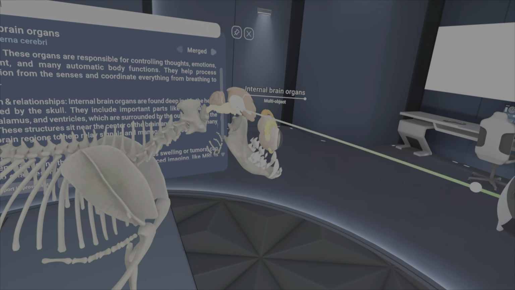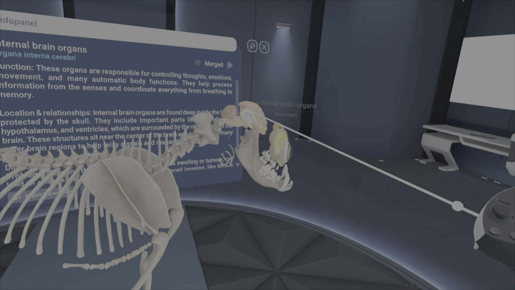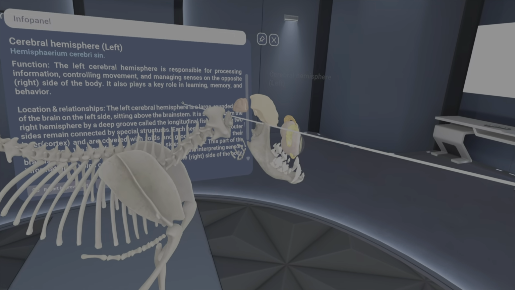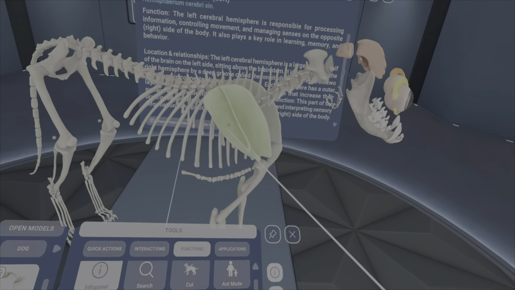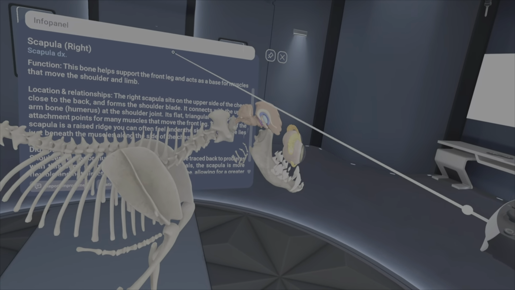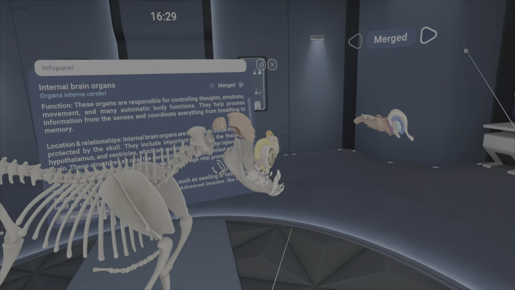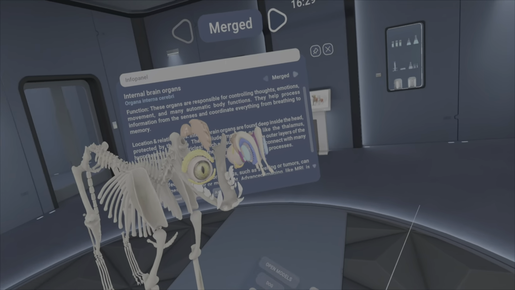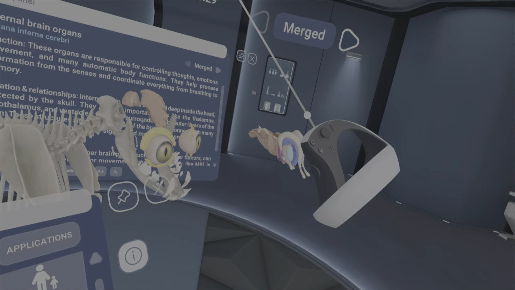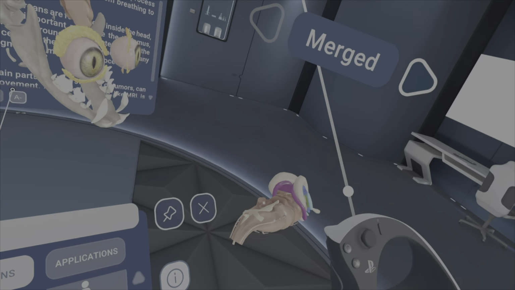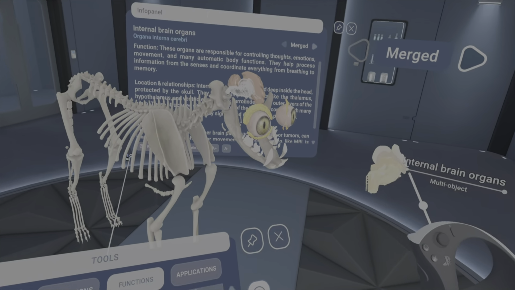I think I can grab it. Oh, I see why. Turn that off. Turn the hide mode off, and then you can grab it. I might have been able to do it in that other mode. Alright, so now